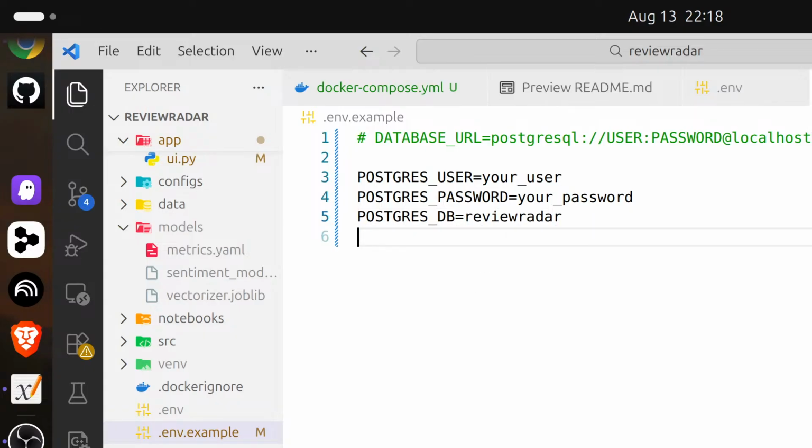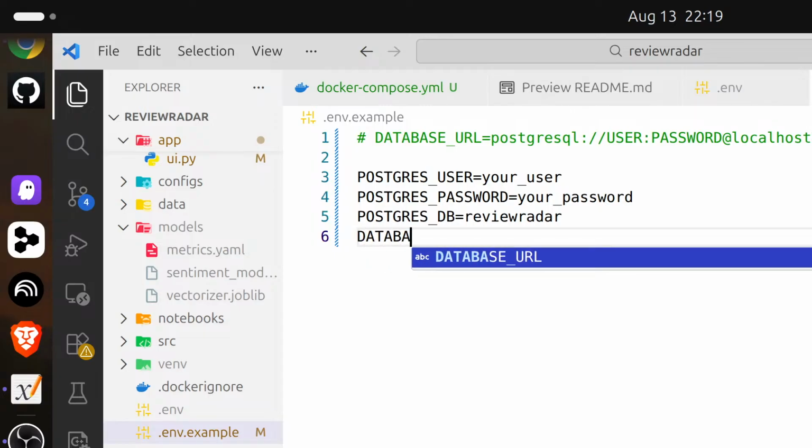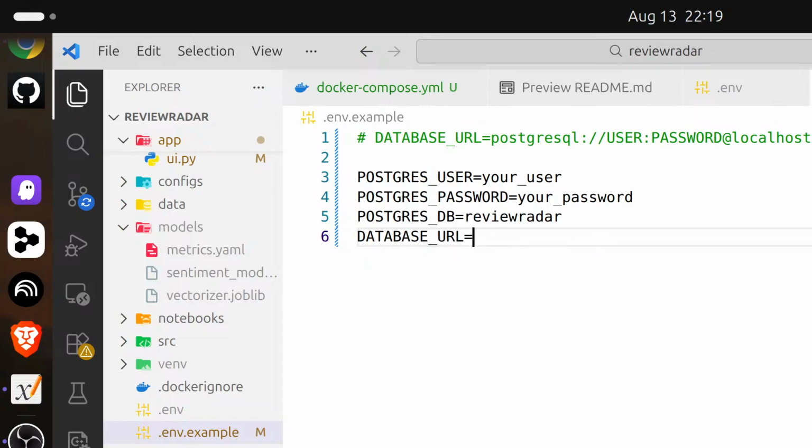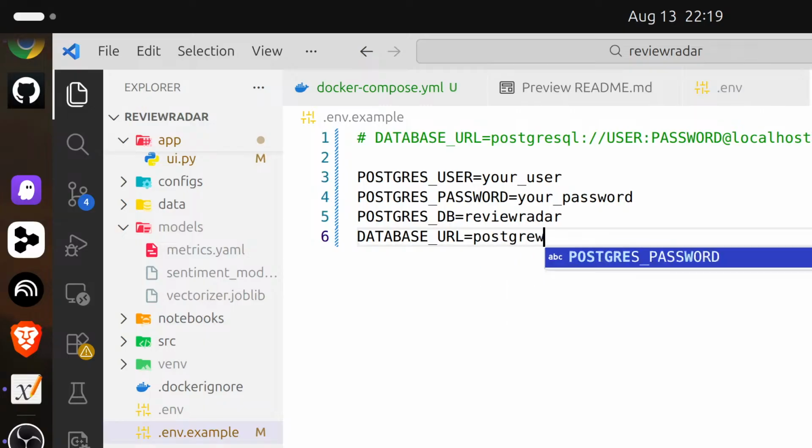And we will have DATABASE_URL equal to our postgresql, radar,